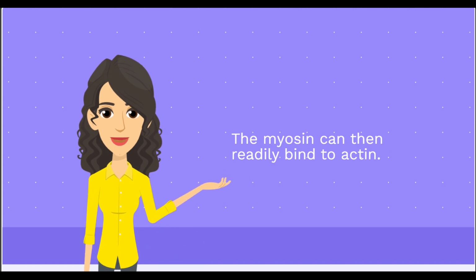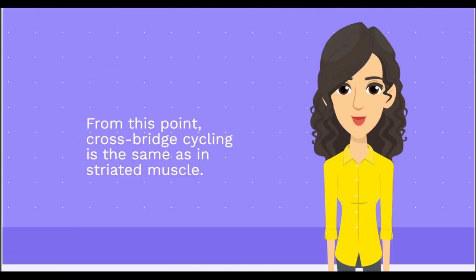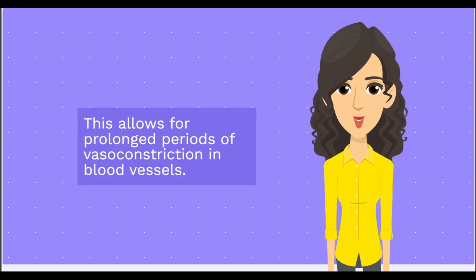The myosin can then readily bind to actin. From this point, cross-bridge cycling is the same as in striated muscle. The smooth muscle will remain contracted as long as Ca is bound to calmodulin and the MLCK is phosphorylated. This allows for prolonged periods of vasoconstriction in blood vessels,